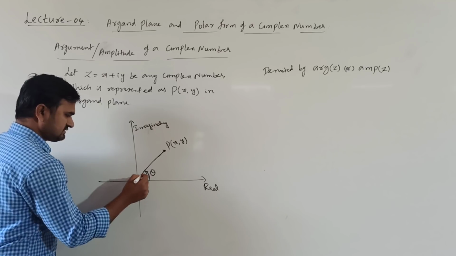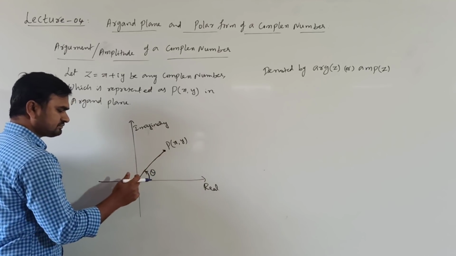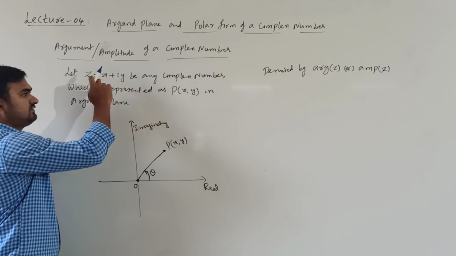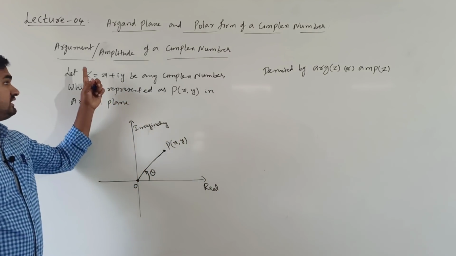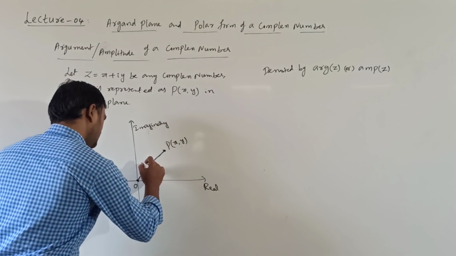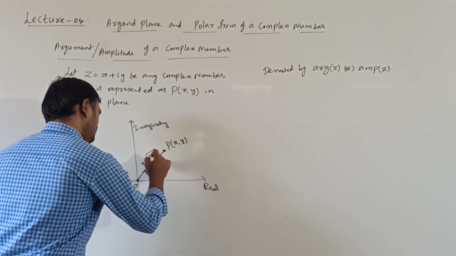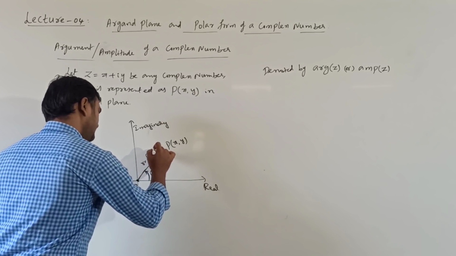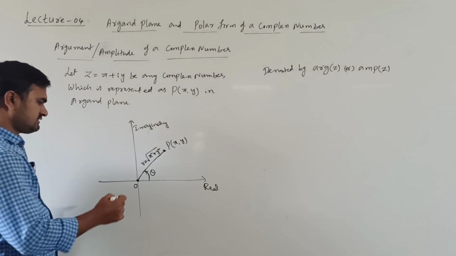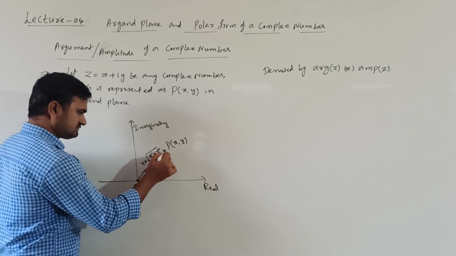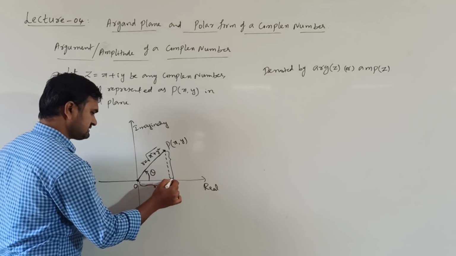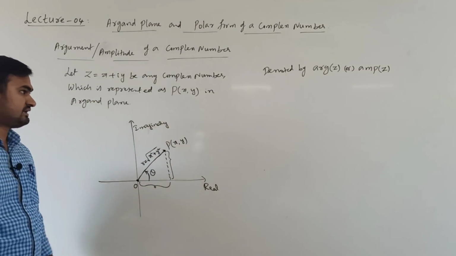So how do we find this? For finding this, what is the OP distance here? OP distance is root of x square plus y square, which is nothing but the modulus of this complex number. So here OP equals r, which is root of x square plus y square. That modulus I denote by r. So if I know the OP length is r, now what will be this distance and this distance? Okay, from the diagram